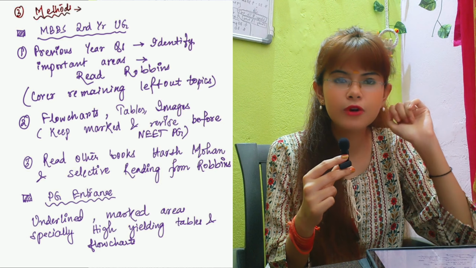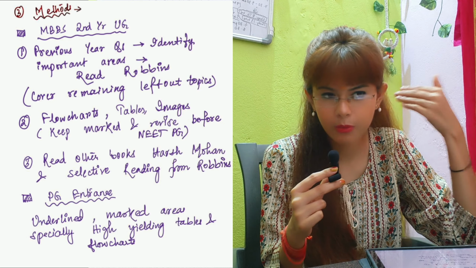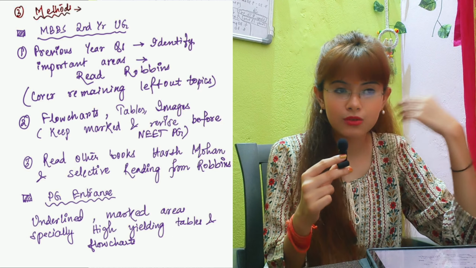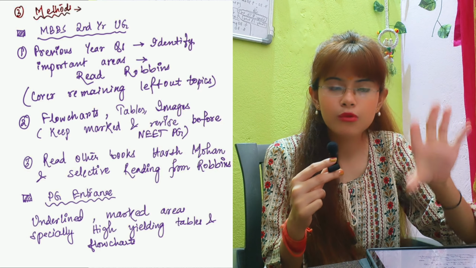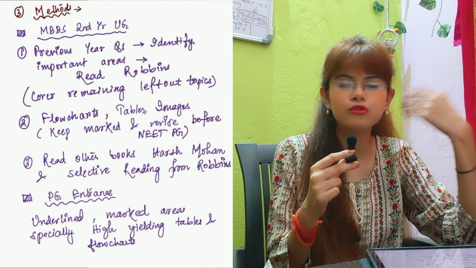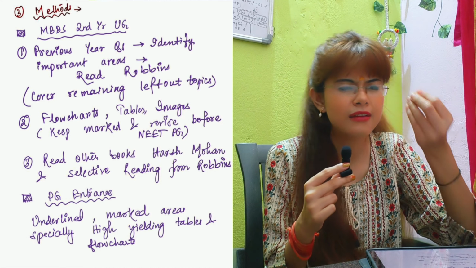Okay. So this is for the MBBS undergraduate students, and now for the students who are preparing for the postgraduate entrance examinations like NEET PG and SIT, you should not go through Robbins extensively. Obviously not. If you have underlined and marked some tables from Robbins, only those are the areas that you need to go through now, because there's no time for you to go through it. So you would better go through the coaching notes, the concise notes, because now you don't have time for concept